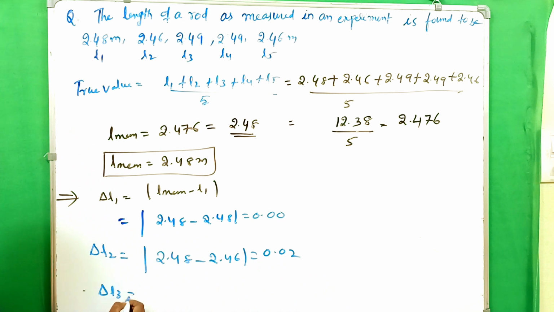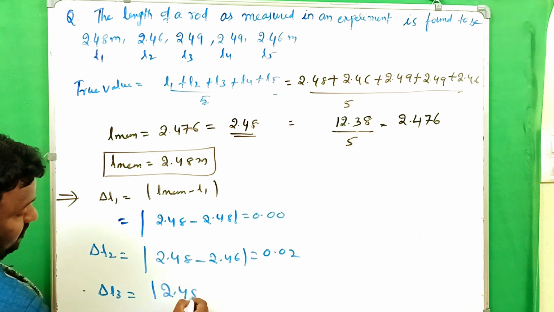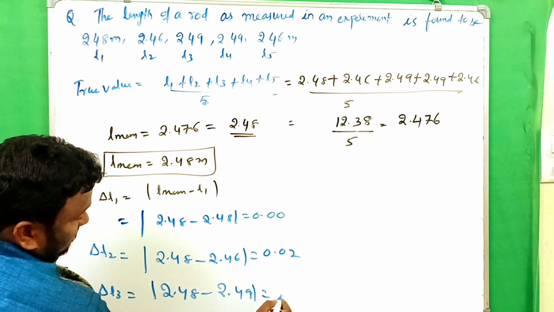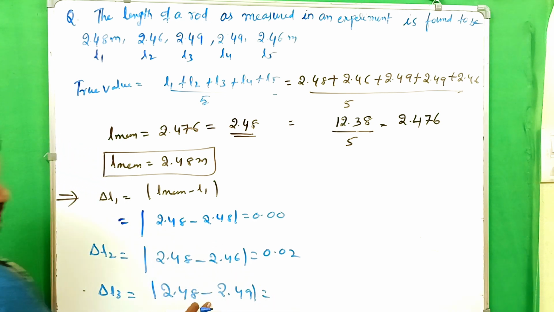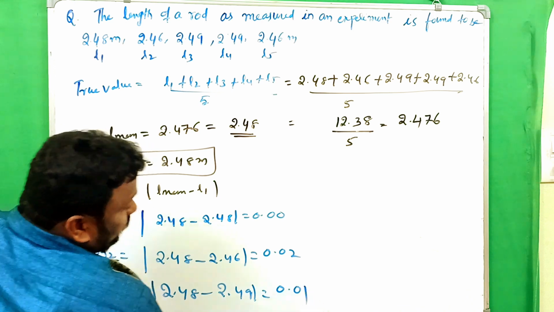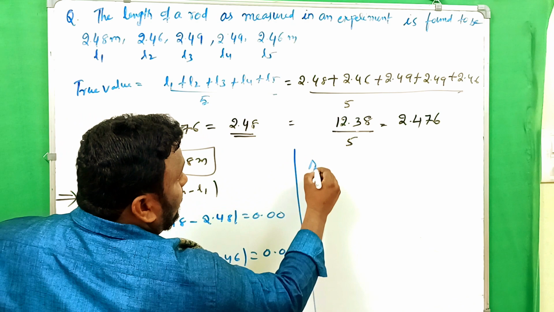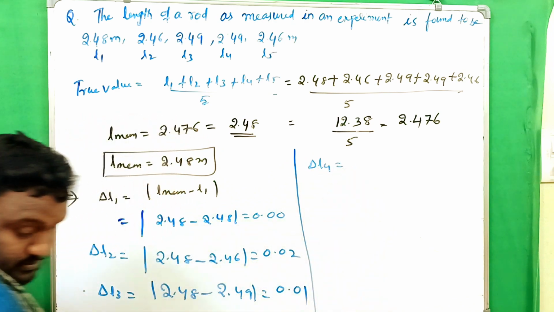And delta L3 now: 2.48 minus 2.49, that is mod of minus 0.01, which is 0.01. And next delta L4. Delta L4 is equal to